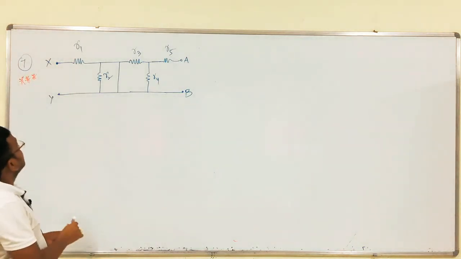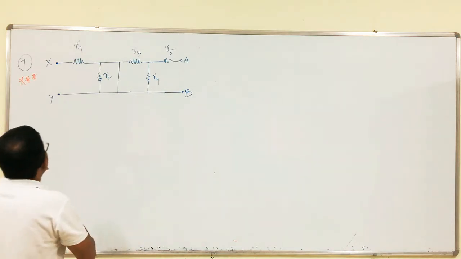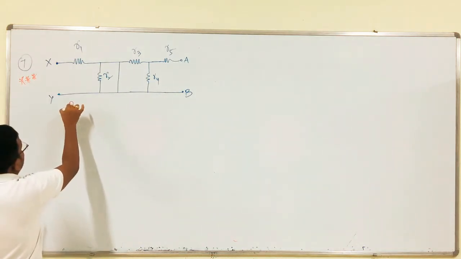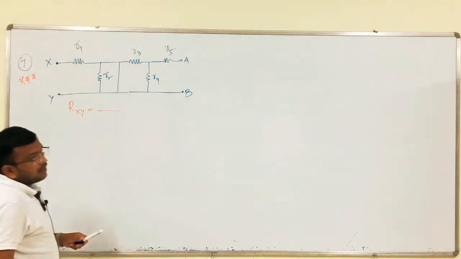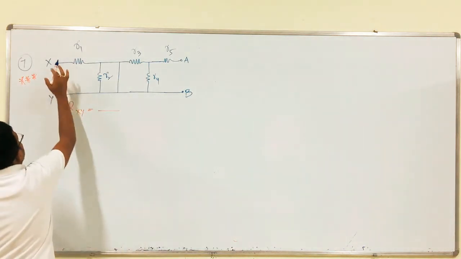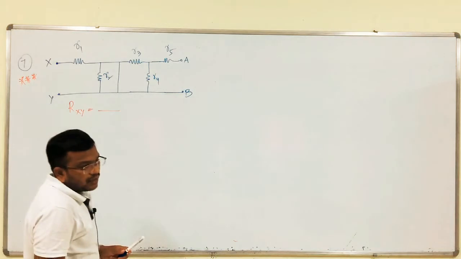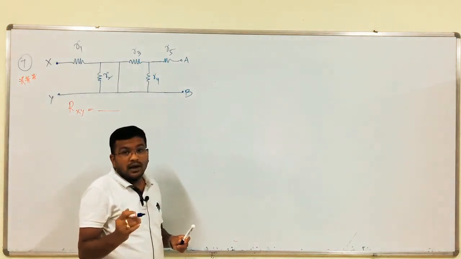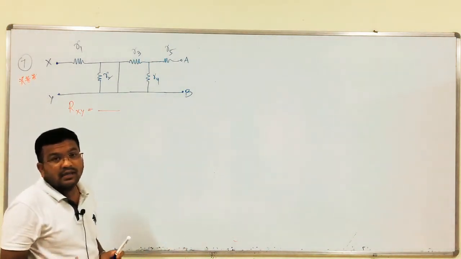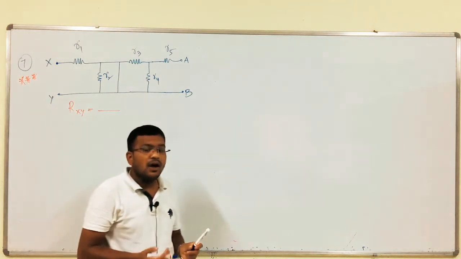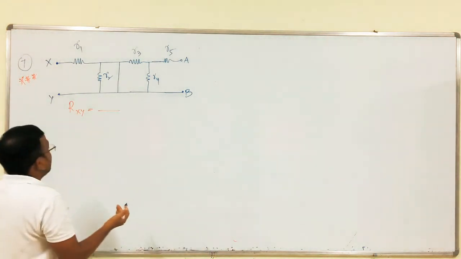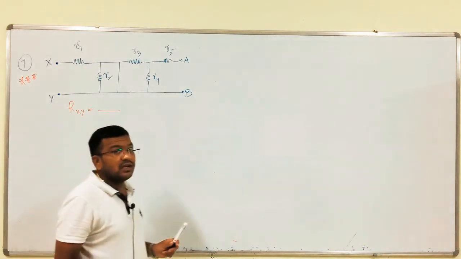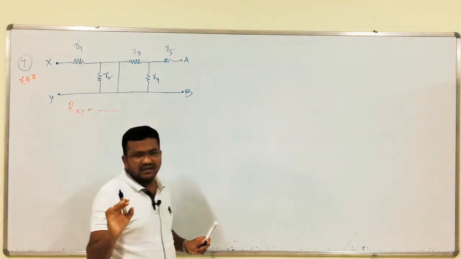Okay. So, from this we have to calculate the value of R x y, the resistance between these two terminals. Before the calculation, first we have to analyze the circuit, that is how many resistors are connected in series and how many resistors are connected in parallel. For that, what is the trick that we have to consider? Just we have to assume our current, that is it.